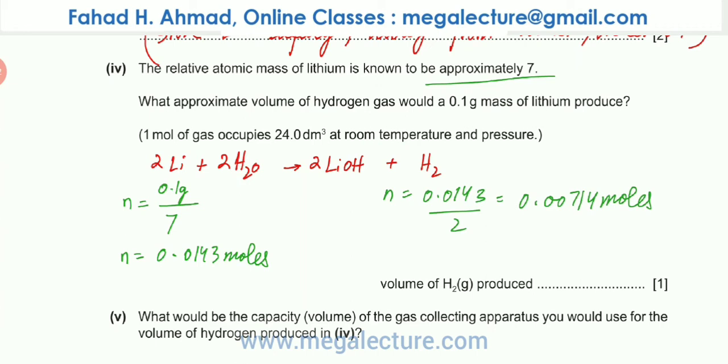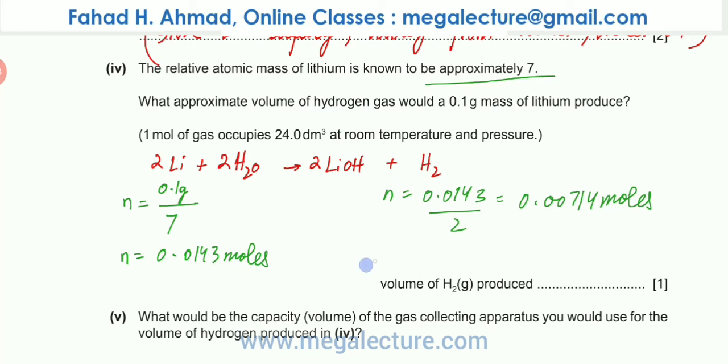divided by 2. On my calculator, one thing that you should be very careful about is don't use rounded values in each step. If you have correct values coming in with lots of decimal positions on your calculator, keep using those values. Keep bringing the most accurate value forward. When you're writing it on the paper, you can't really write that long value, so you have to make it up to 3 significant figures, because that's also the accuracy that's given in the question. So just make sure that you use the most accurate value to find the moles. So I'm getting 0.00714 moles.